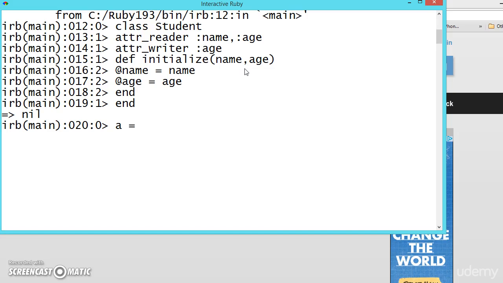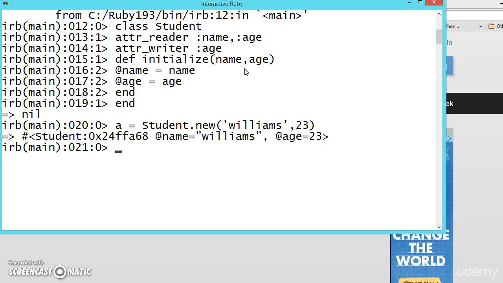Now let us create a equals Student dot new with the name and age, and let us create one more object. So how many objects are we creating?